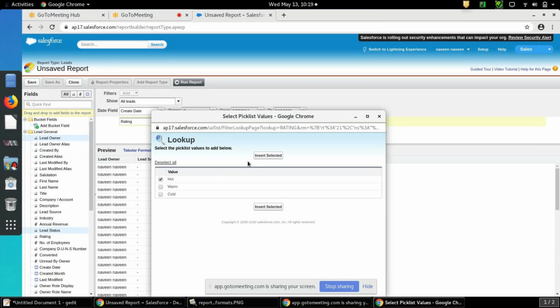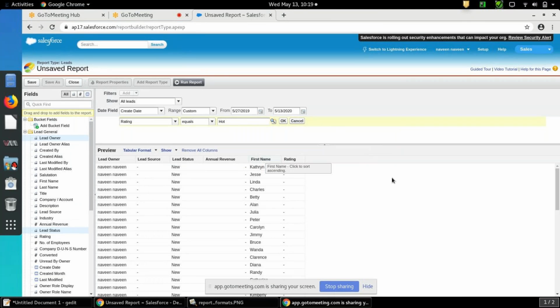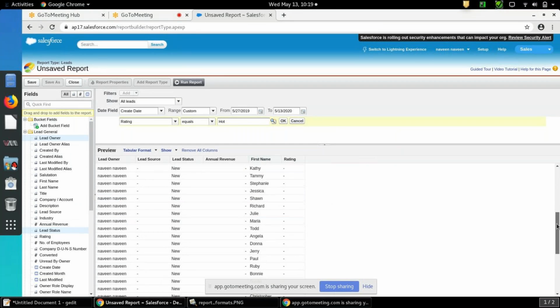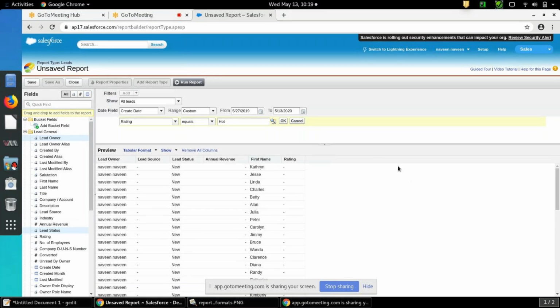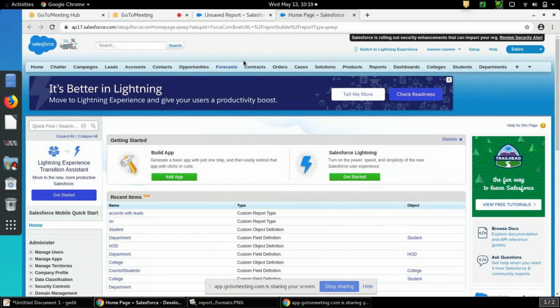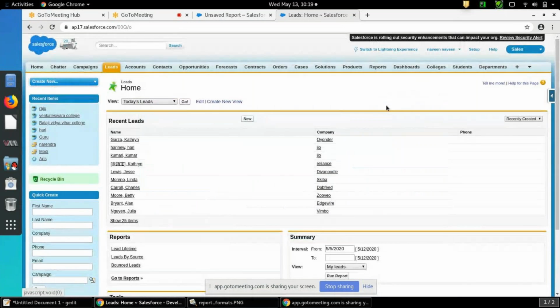Also hot. So if any records have hot as a rating, it will display. Currently it doesn't have anything, I guess. So what I will do, I'll just create a few records. Edit this.